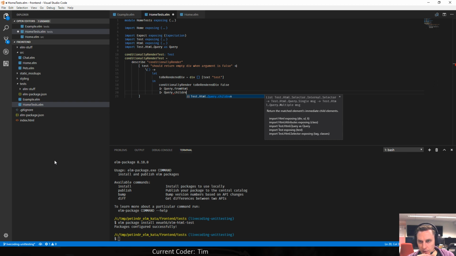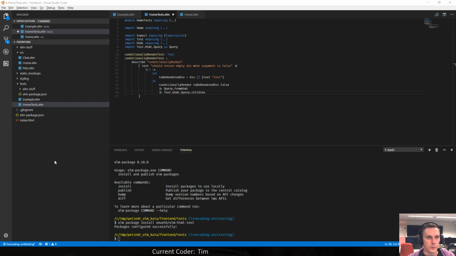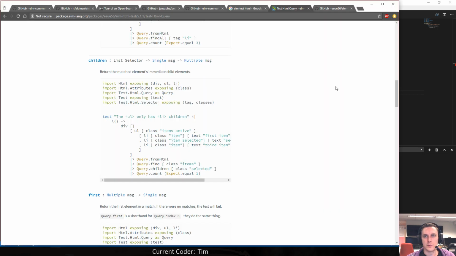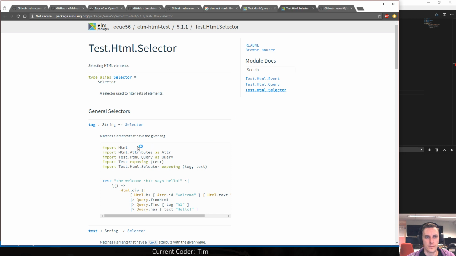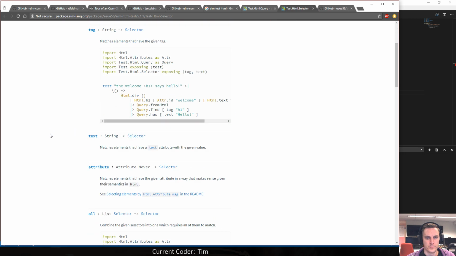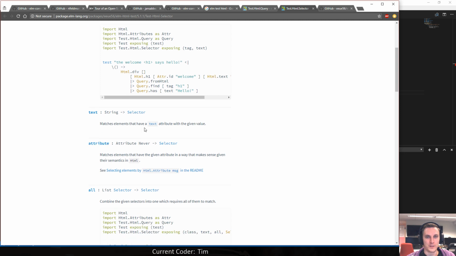Return the matched element's immediate child elements. And which selectors can I use? With the given value.